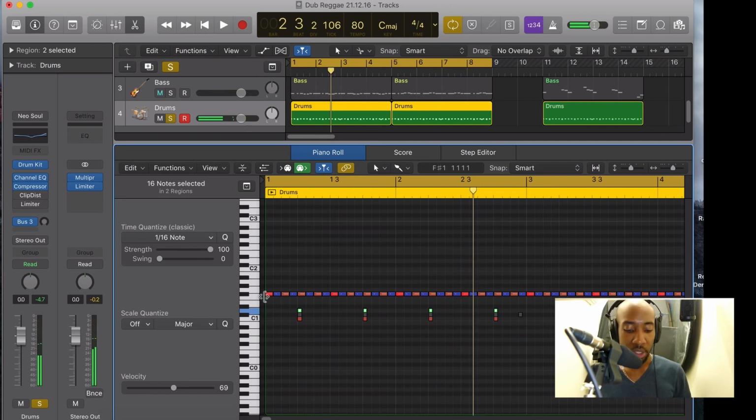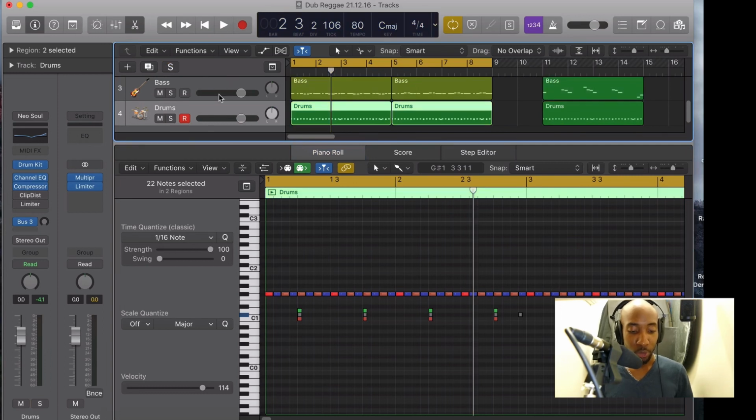As you can see, I've got the hi-hats, and the hi-hats are velocity. I've changed the velocity on every other one to give it kind of a more natural sounding thing. But this is digital, so obviously it's not a real drummer playing it, but you know what, it's usable, it's doable. So yeah, hopefully that is good enough for you to get an idea as to how one of these